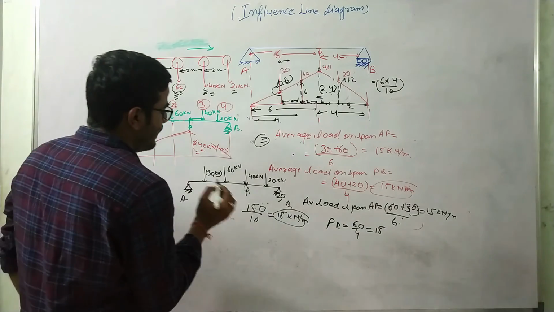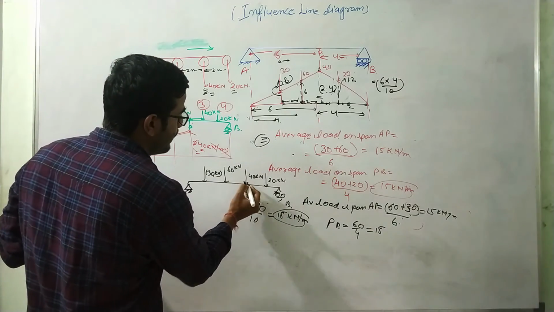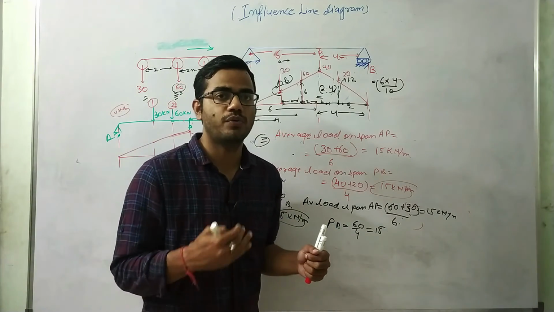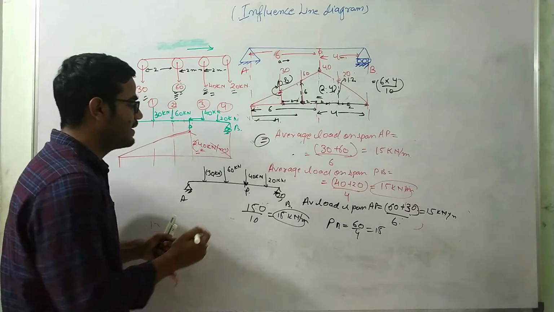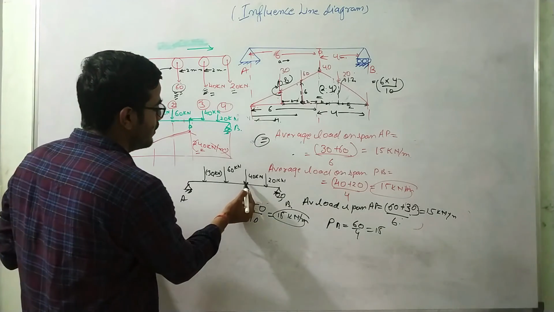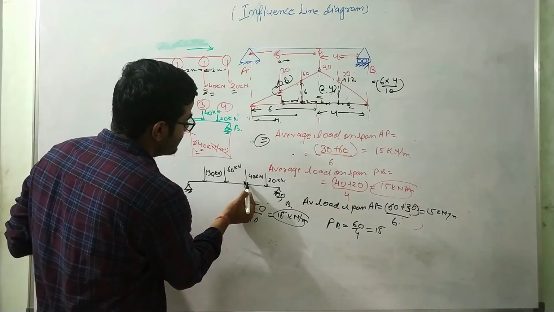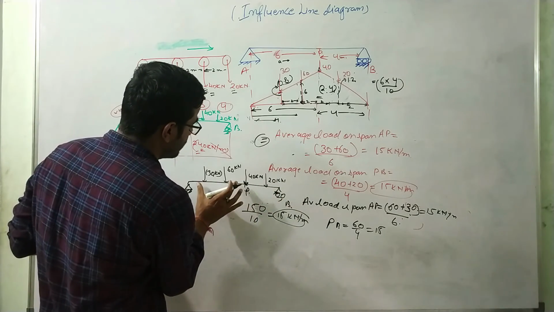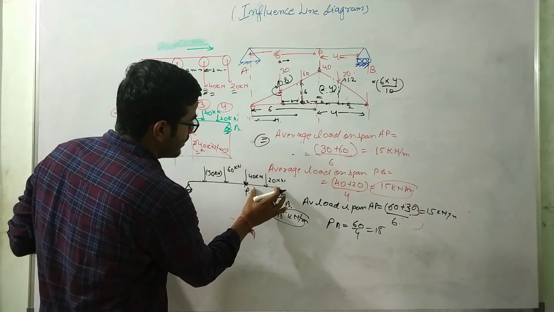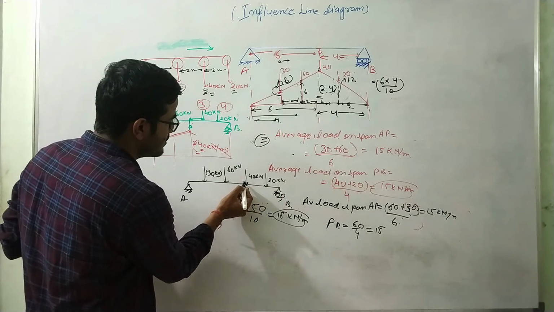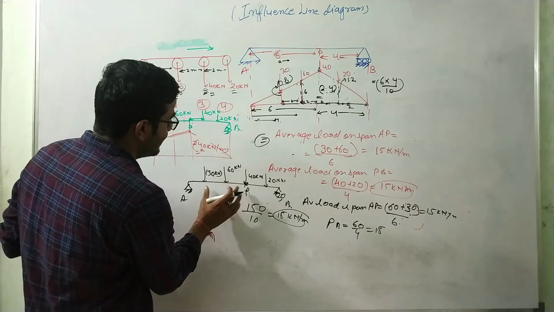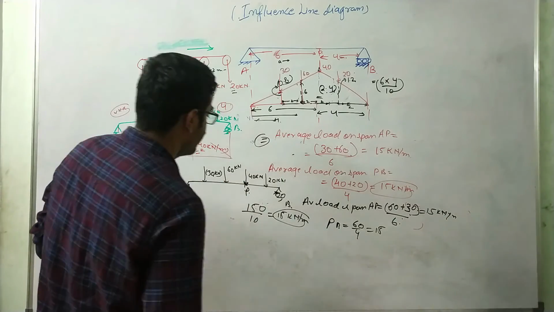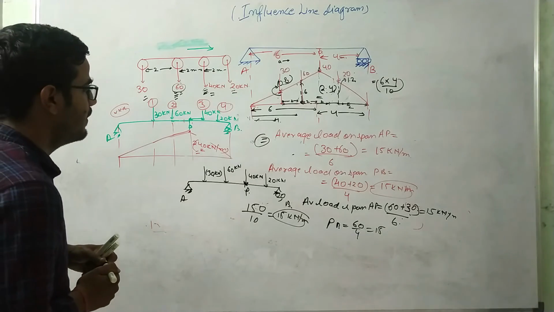So the main point is that if any load is acting at point P, it's upon us how much load we want to transfer to each portion. It can transfer in any arbitrary ratio. Let us suppose the load is just to the right of P, then no load is transferred to this portion, and the whole load is transferred to this span. When this load is just to the left of the point P, then the whole load will be at this location only.